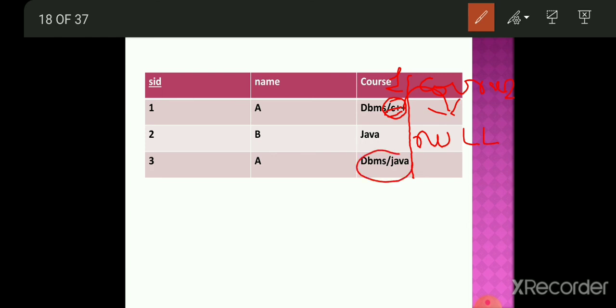And in the third cell we have to mention Java and remove Java from this cell. Now you can see that each and every cell contains a single value, right? So now you can say that the table is in first normal form.